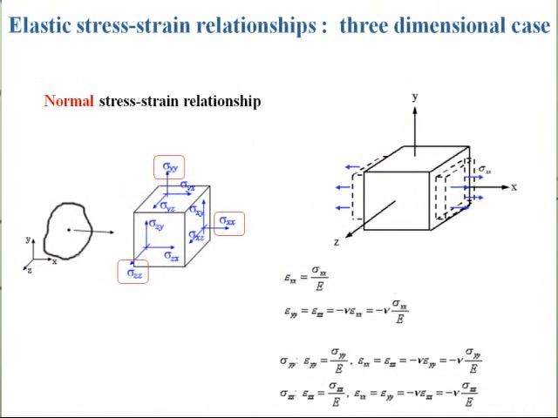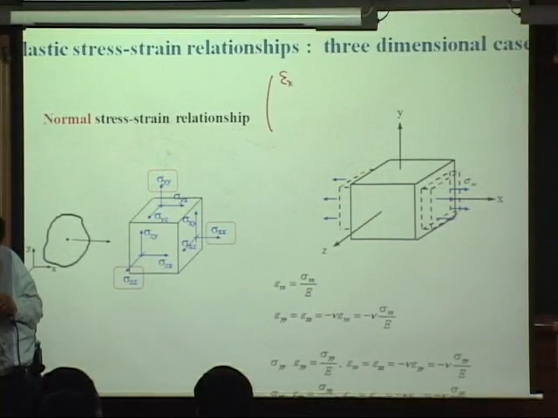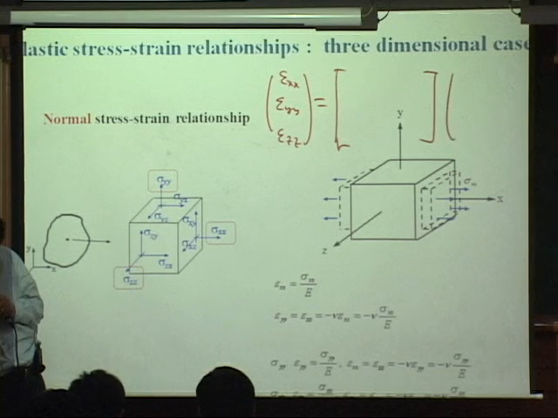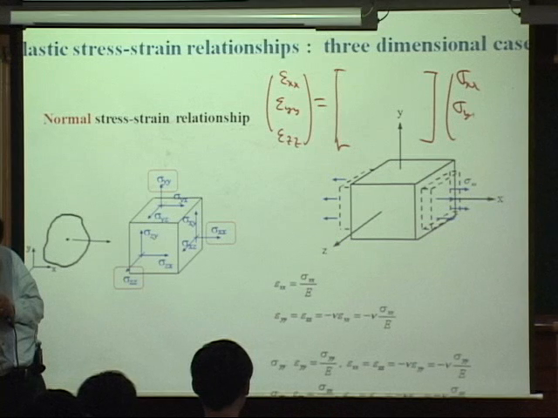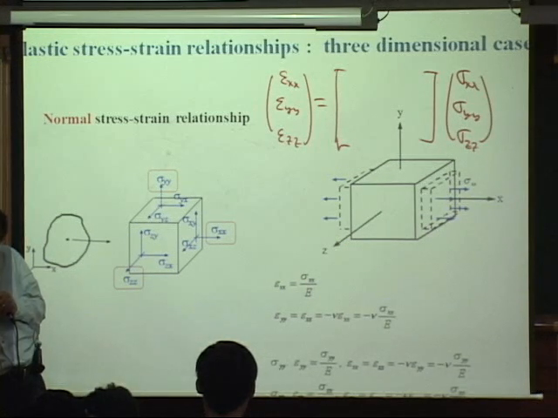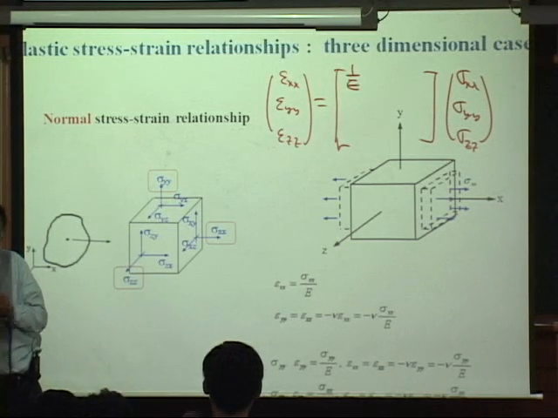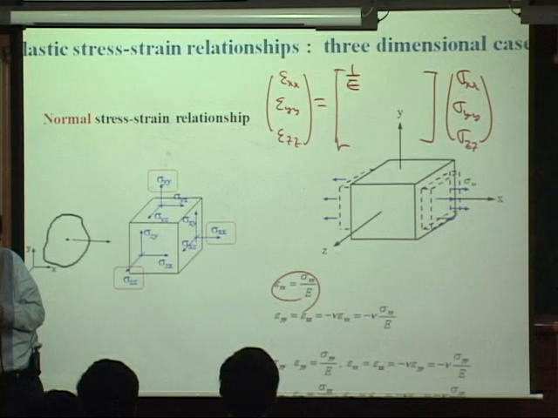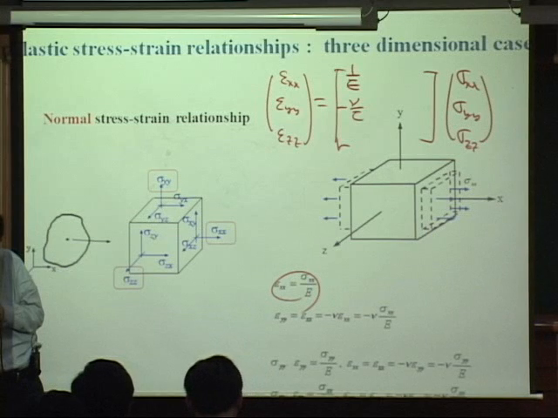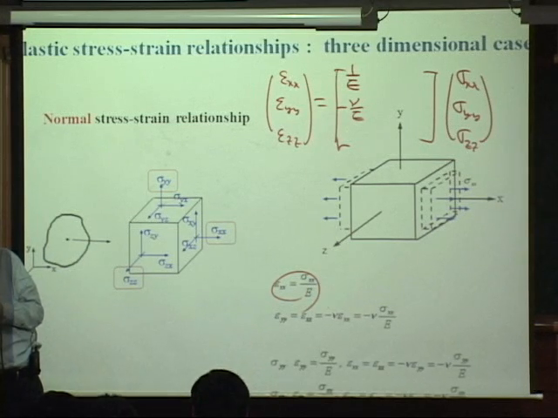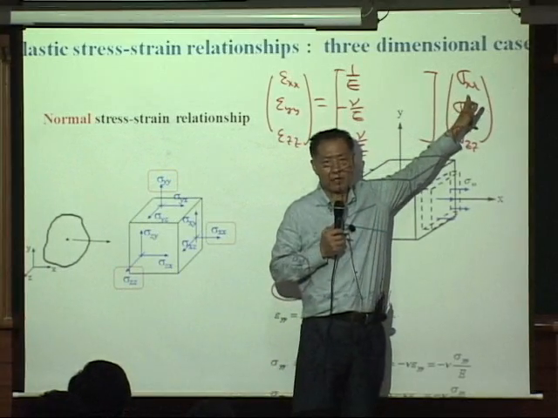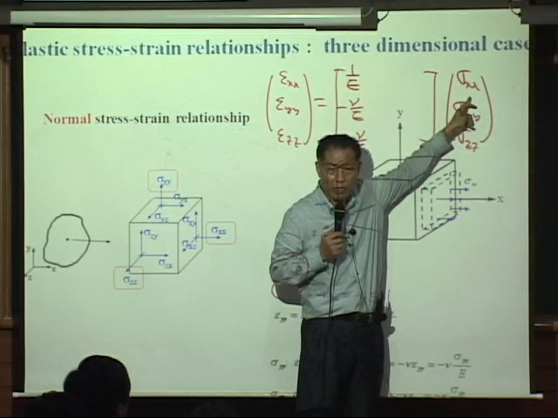So rather than this, this expression will be better for you to understand. Epsilon xx, epsilon yy, and epsilon zz. See, if you have epsilon xx, epsilon yy, and epsilon zz, this one, epsilon xx, will have 1 over E. See these relations, 1 over E. And epsilon yy by sigma xx will be Poisson's ratio. Okay, in other words, if you apply sigma xx, then we will have three components of strains, which is